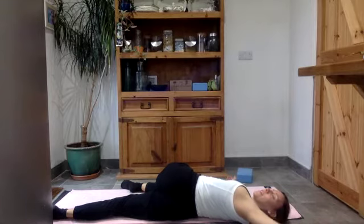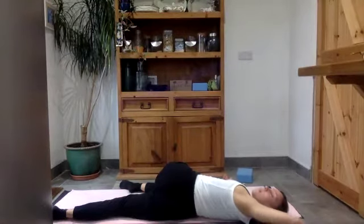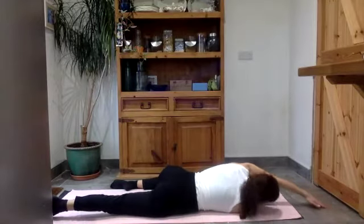But try and keep your left knee on the floor. Try and feel that nice twist here. Inhaling. And exhaling. Lovely, guys. Okay, we're going to lay the belly back onto the mat with the left knee out to the side, following the pathway back,